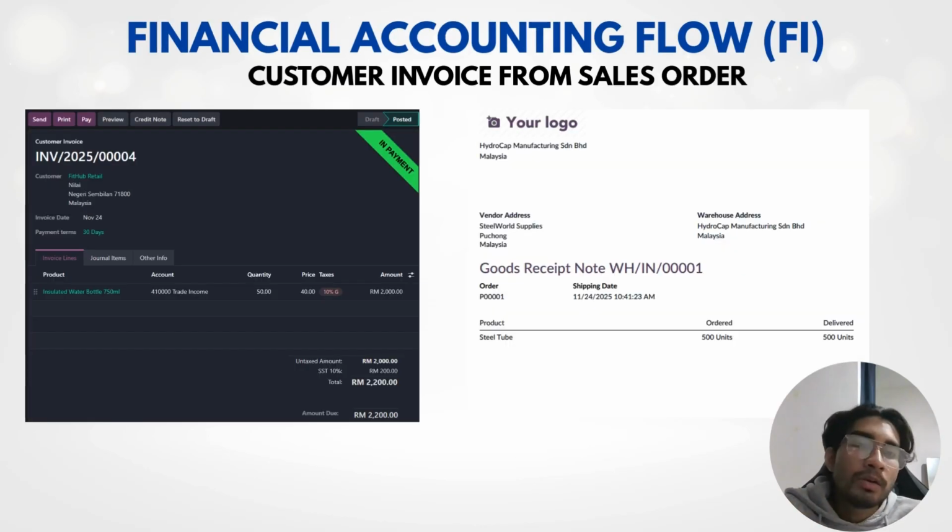Okay, so let's start with financial accounting flow. Odoo's accounting module actually integrates every financial transaction automatically, and customer invoices become receivable, vendor bills become payable, and stock valuation updates reflect manufacturing actively. So in the current slide, we can see that the